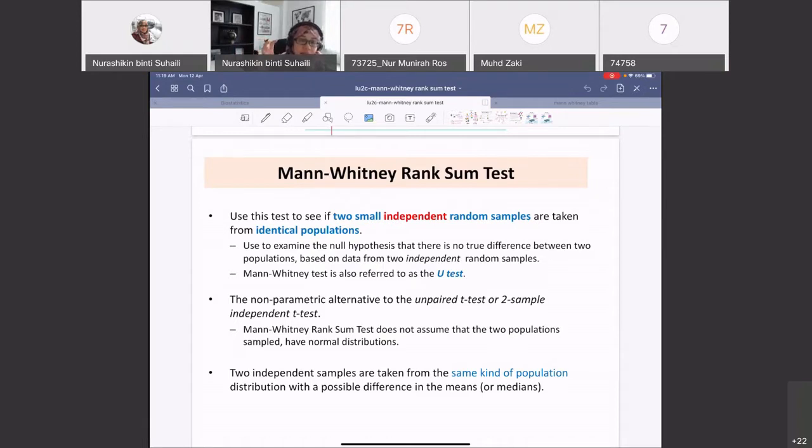So every test has its own test statistics, things that we need to find out, the tables to refer to, and that has been invented before by them. So they have developed this kind of test. Our role is to understand the application of it, how to use it, and the relevance of it. Right. So Mann Whitney rank sum test, as I said just now,